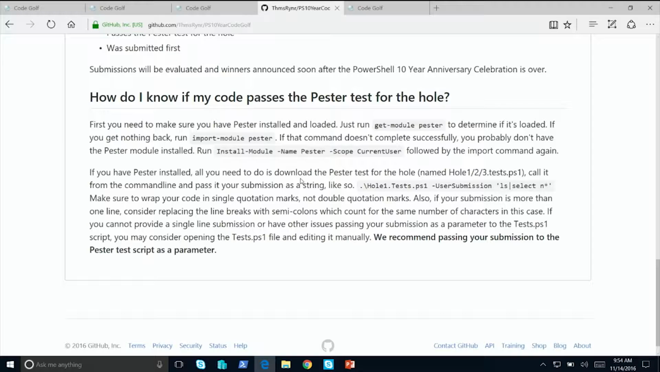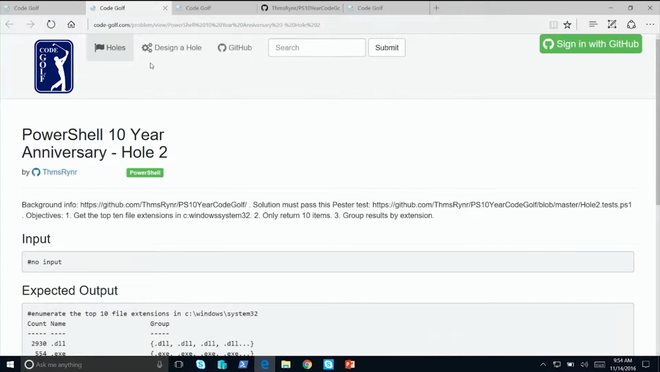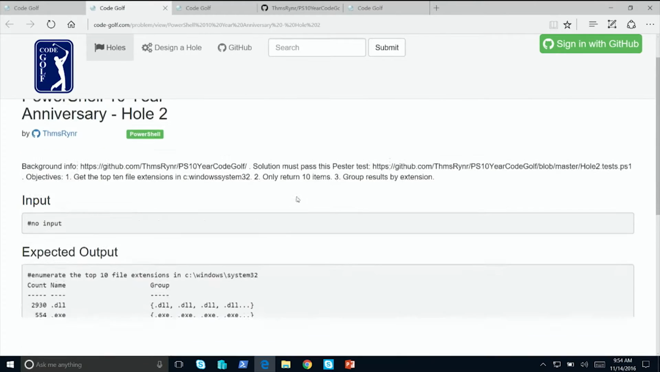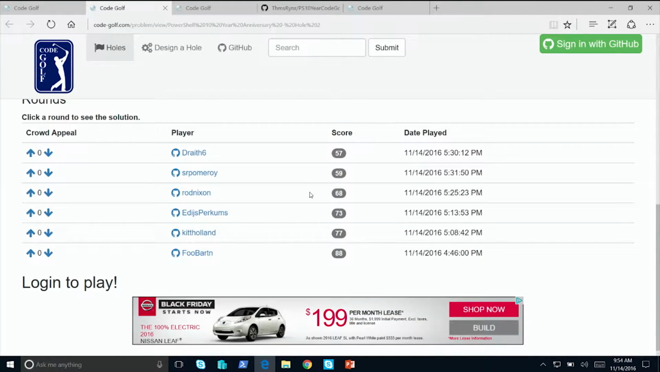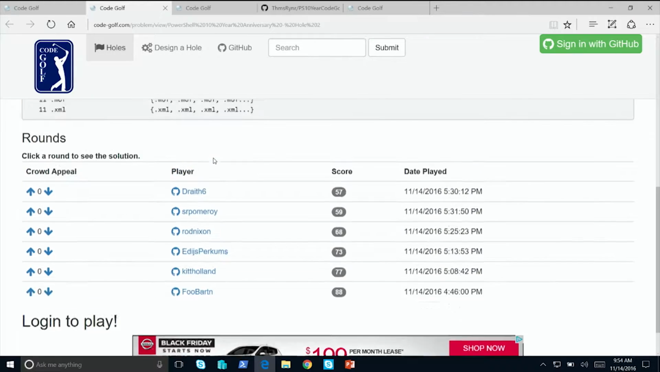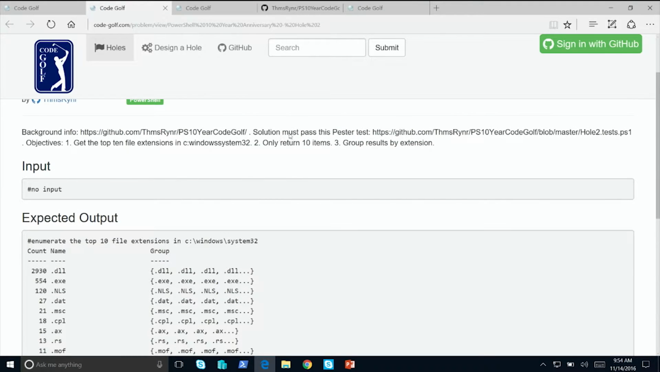You could automate it. That's exactly correct. There you go. And so it gives you all the instructions here, and let's take a quick look at the status, and then we'll try to answer some of the questions that have been queuing up. Right now, we have 6 submissions here, and it looks like the best score so far is by Draith 6, and he's working on